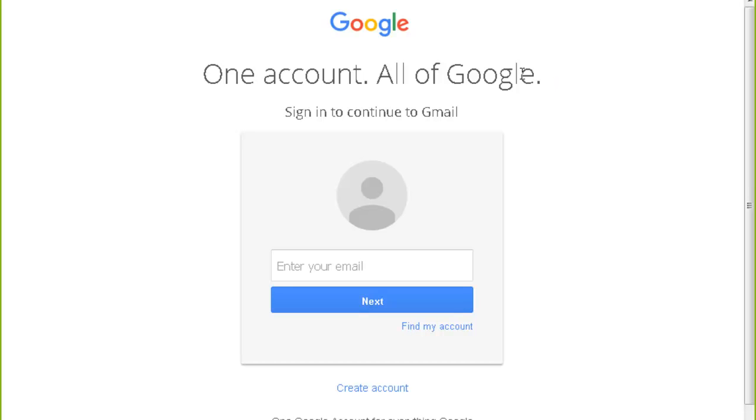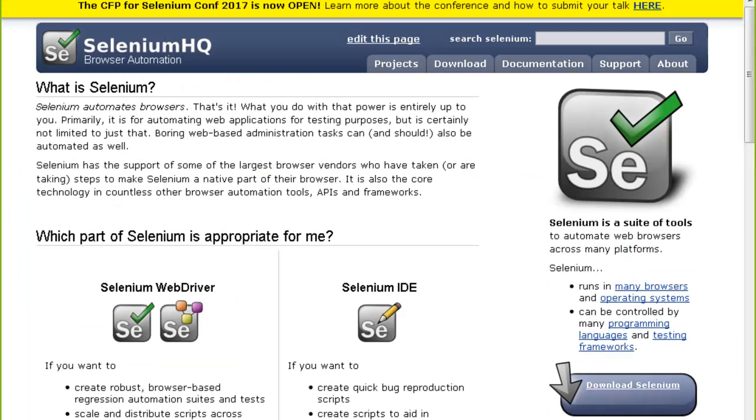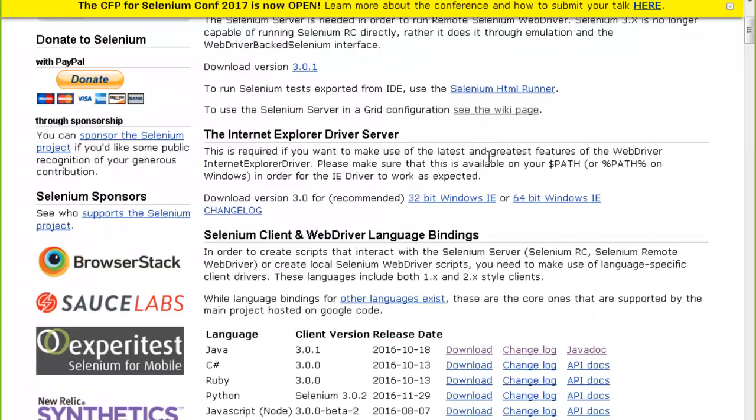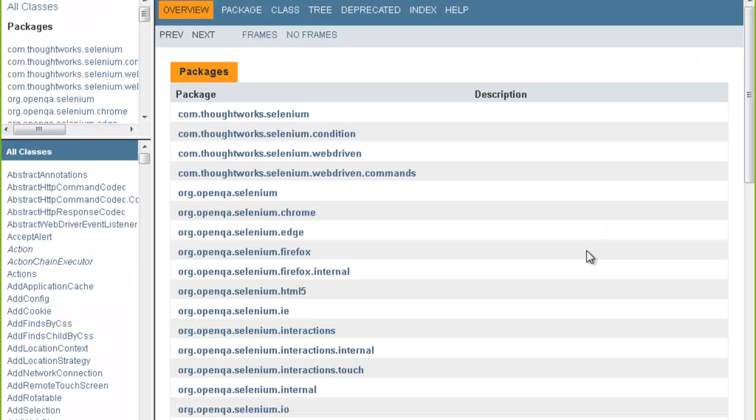And if you go to the official website of Selenium, go to the download section and go to the Java docs, first of all, you don't have to refer to Java docs like this. You can import Java docs in your Eclipse. It's a very easy process. You can copy this URL. And you can go to Eclipse,